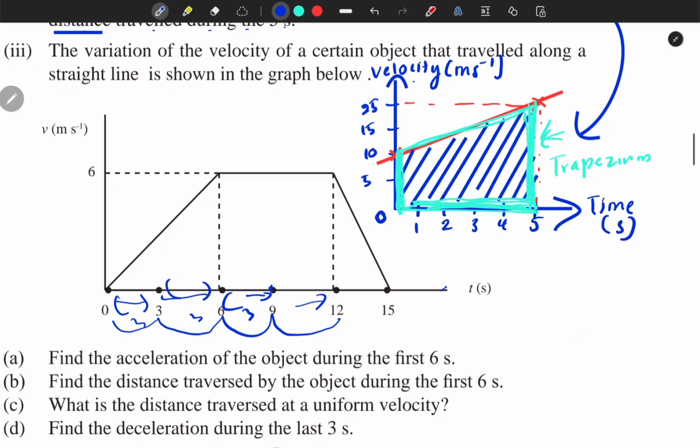Maths, I cannot remember at which point you are learning the equation for the area of the trapezium. I'm really sorry for that because it's not in my mind now. Anyway, learn from now. When you're taking the area of the trapezium, it becomes half into, you have to add these opposite side lengths. From here to here the length is 10, here to here the length is 25. That means 10 plus 25,